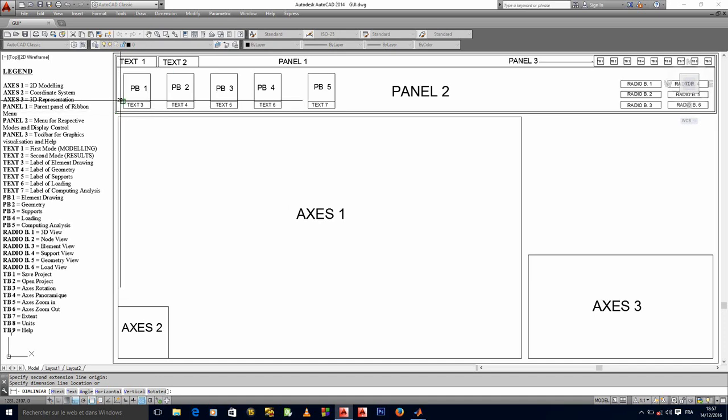So I'll have 20 as the X distance, as you are seeing. I'll have 10 as the Y distance. Okay, 20 and 10 as the X and Y distances. What will be the width of this particular text? It will be 80. So obviously the 80 will be the width of the first push button. What will be the height of this particular text? I'll have 20. And what is the height of the push button? I will have 80.